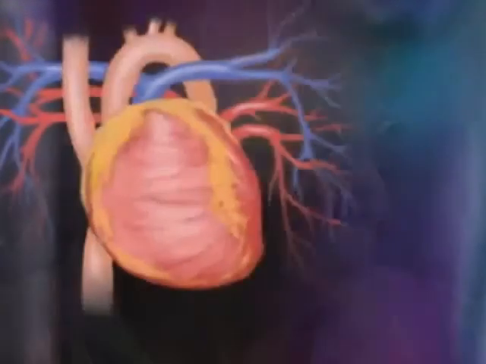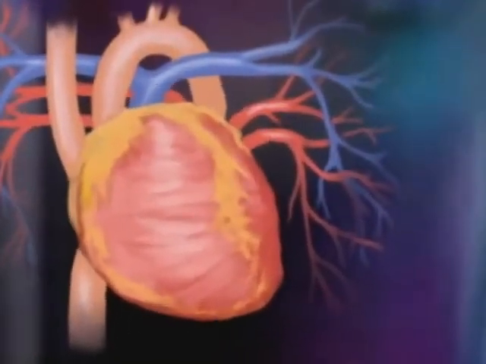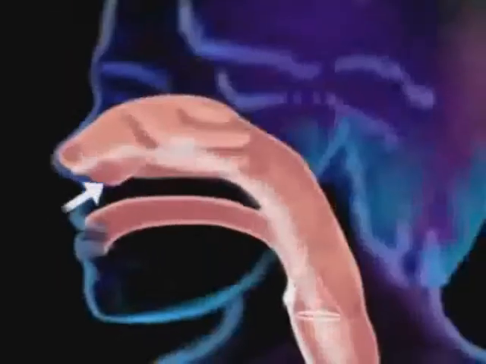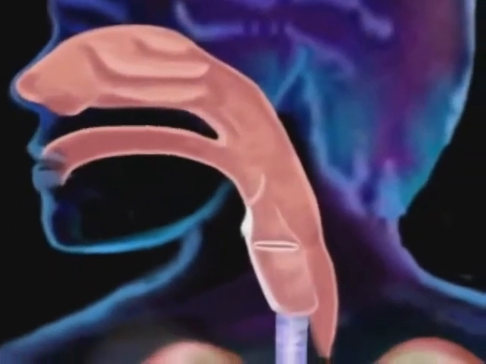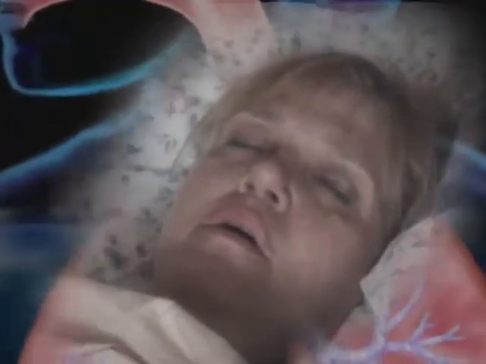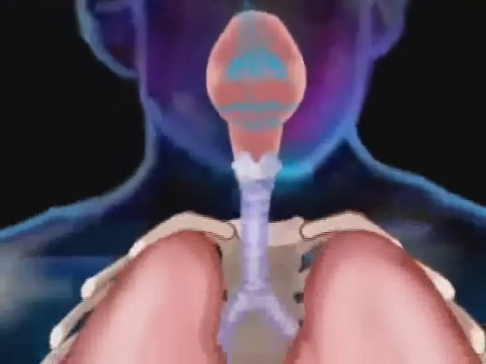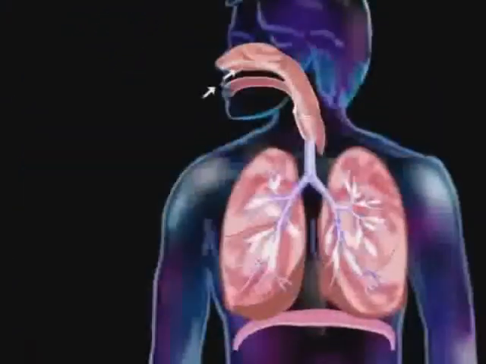Like other bodily functions, such as heartbeat and blood pressure, breathing goes on without our conscious attention, for example, when we are asleep. But we can also control our breathing if we wish, during exercise or when swimming, and of course when we talk or sing. The organs that make breathing possible form the respiratory system.